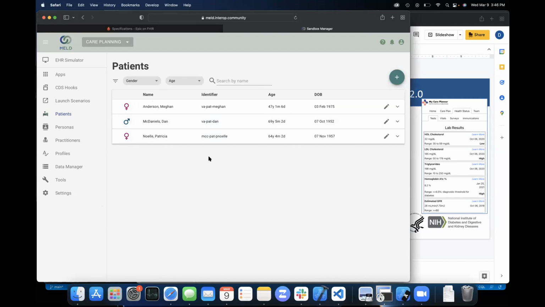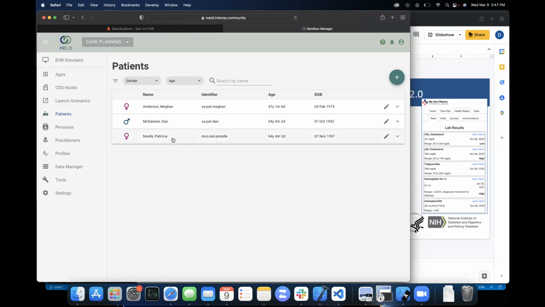So really quickly, I don't know what you're looking at from sandbox environments. I think probably many of you are familiar with the Logica Sandbox. I've been using it at Connectathons for more than 5 years. The same platform is now also available under Meld, and there are some additional enhancements in that area. So we're currently using the Meld Sandbox from the Interop community, although the exact same thing I'm showing here can run inside the Logica Sandbox. So within the sandbox, we were talking earlier, we've got 3 patients put in here.